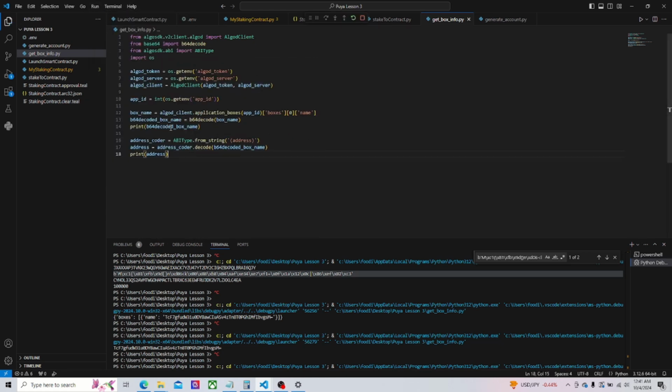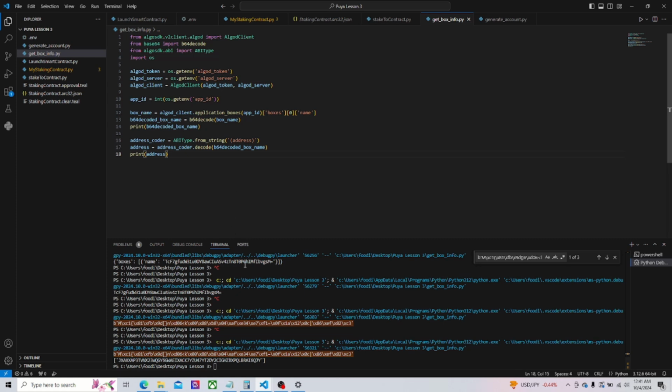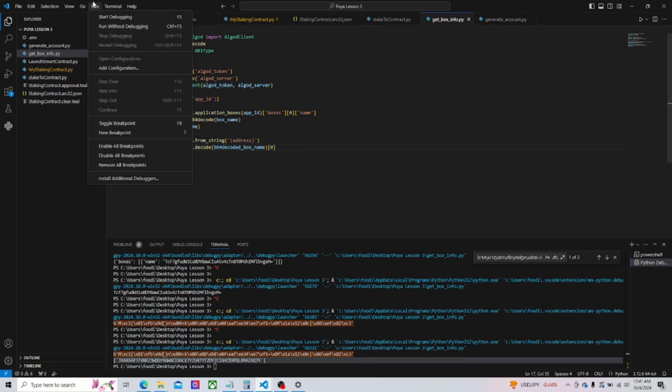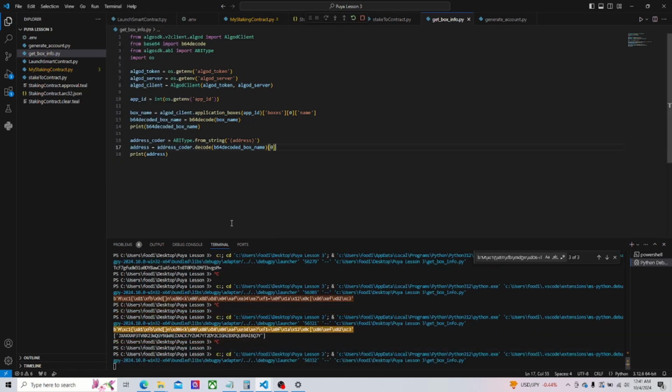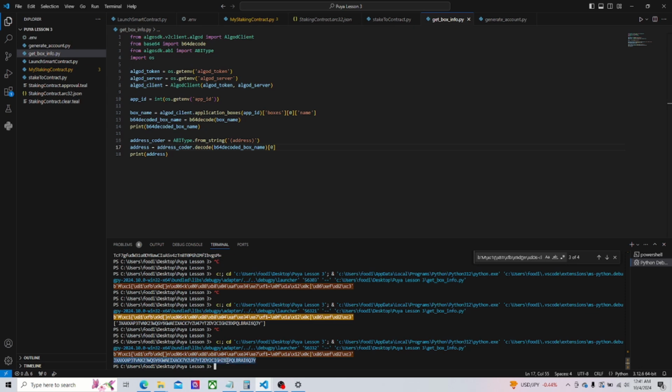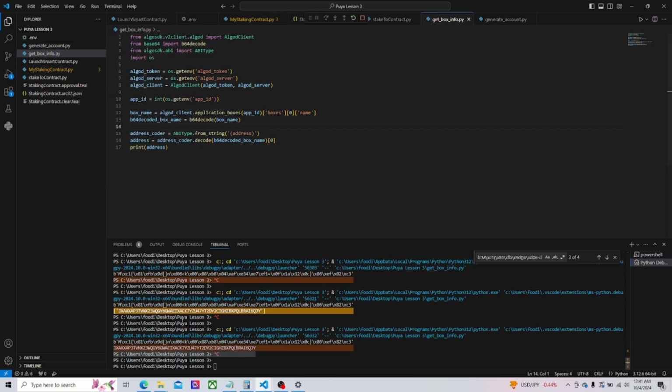And then let's print the address and run this. It returns a list here. So we need to return the first value in that list. And then we'll get our AlgoLearn address. So now we just confirmed that the box name is our address